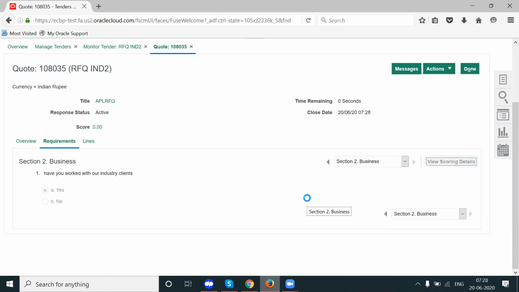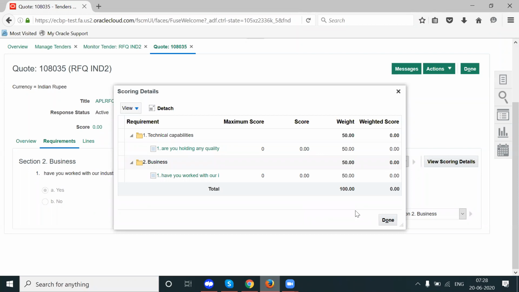And what is the score? It is showing 100. We have not properly organized the score. We should have organized it properly: if it is yes, then the score should be 50. If it is no, the score should be 0. Like that, we should have organized it. So when you are creating a requirement, against each response you select the score, instead of against the question. So that for yes, it is 50 marks. For no, it is 0.